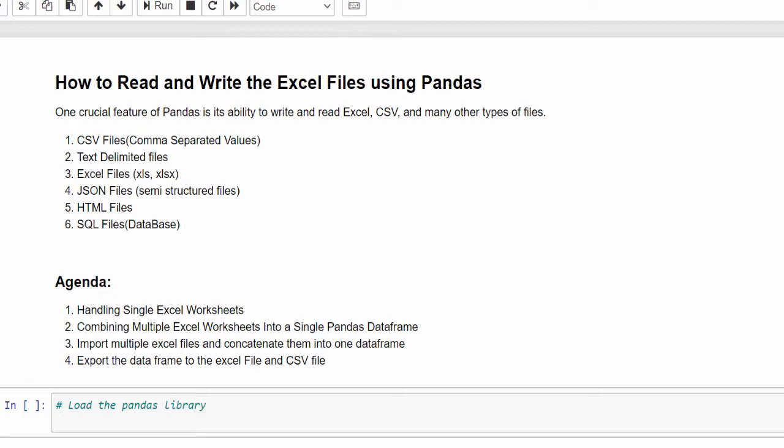We'll be discussing all four scenarios: how to handle a single worksheet, multiple worksheets, multiple Excel files, and finally how to export it to a CSV or Excel file.